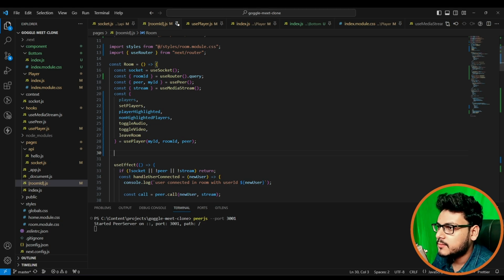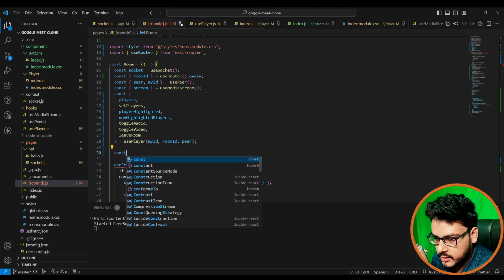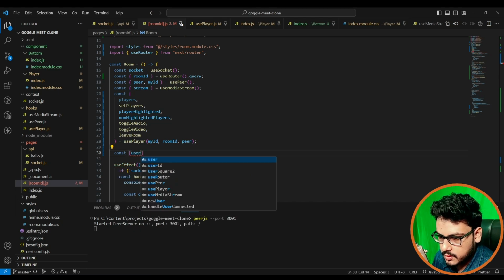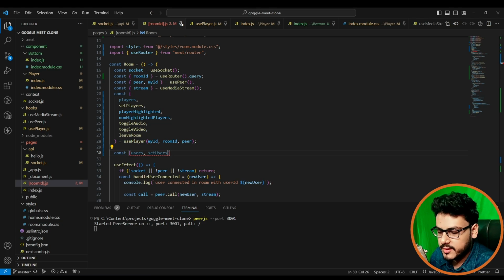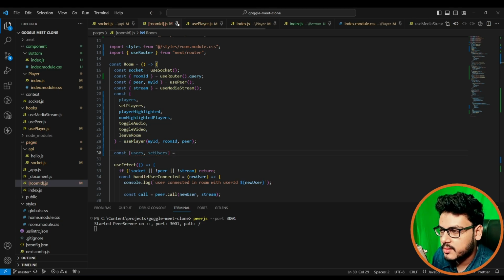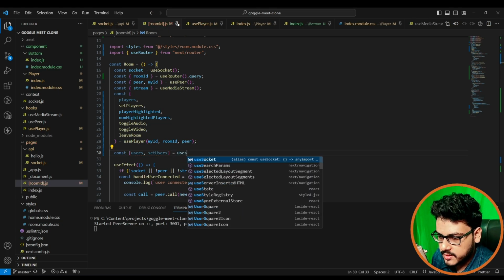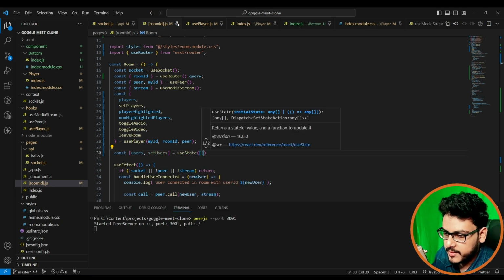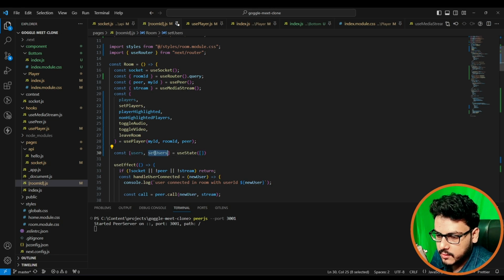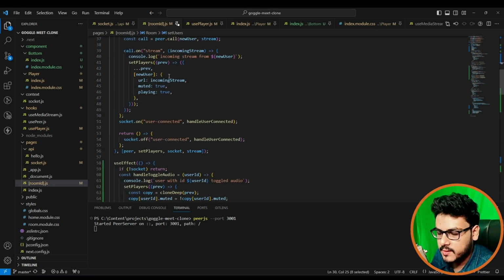So I'll maintain users, and setUsers. It could have been something like peers, setPeers, but peer is already a keyword used, so we are not using that again. Then a useState with an empty array. Now whenever an incoming call is being established, what we have to do is